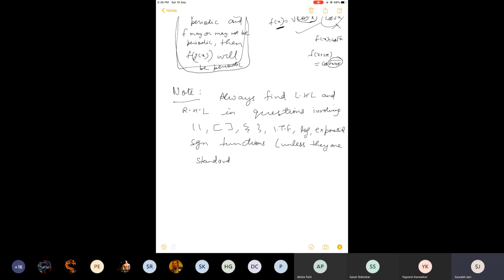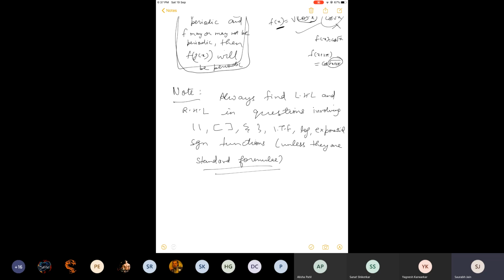If you remember in the previous class, I took some examples on the fundamental method of finding limits, that is the LHL RHL method. In most of the questions, the answer was coming does not exist. There was greatest integer x, fractional part of x, modulus, signum. In all the questions, LHL and RHL were coming different. And afterwards, you will get some formulae also. If they are not purely algebraic or purely trigonometric or a combination of algebraic and trigonometric, then you have to find LHL and RHL both.